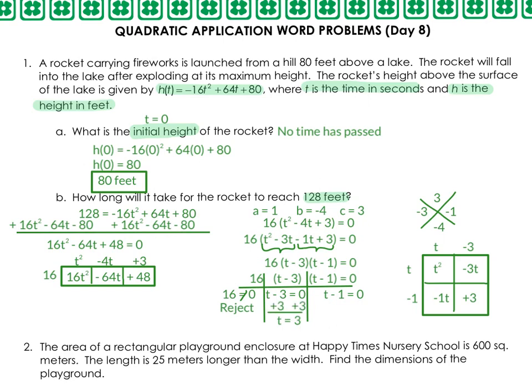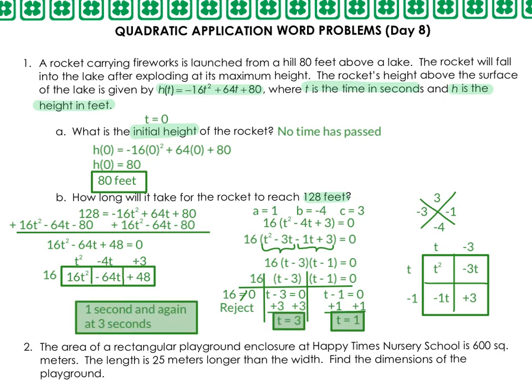And then for the other one, t minus 1 equals 0. I can add 1 to both sides to solve for t. And then I get t equals 1 as my second answer. Now, these are both good answers because there are no negatives in here, so I don't need to reject any of these two answers because I can have a time value of 3 and I can have a time value of 1. So my answer then with a label would be